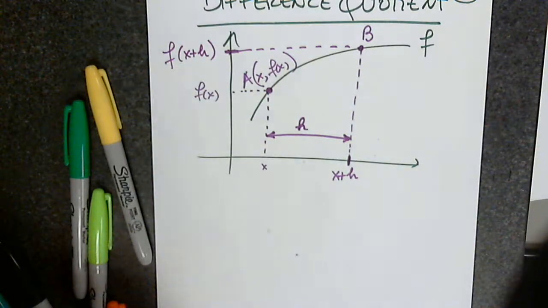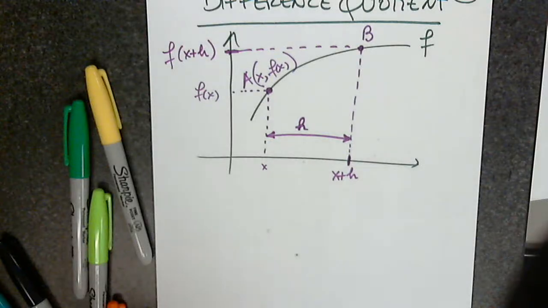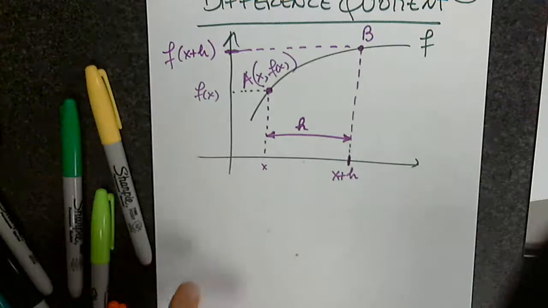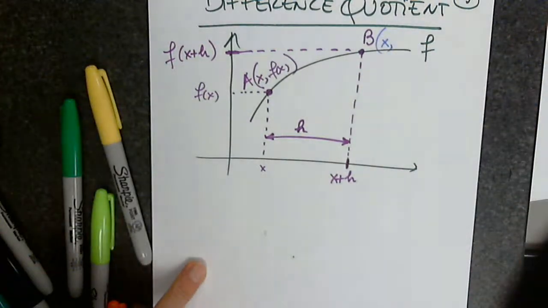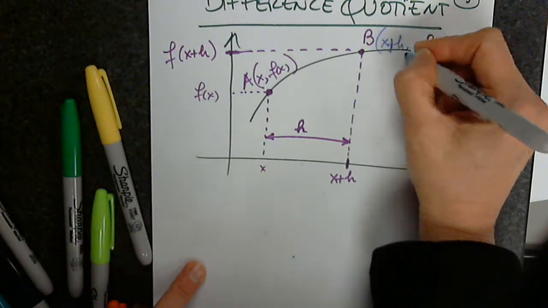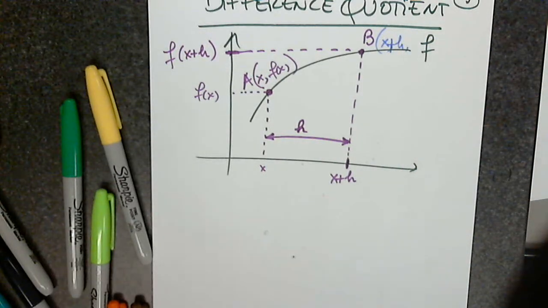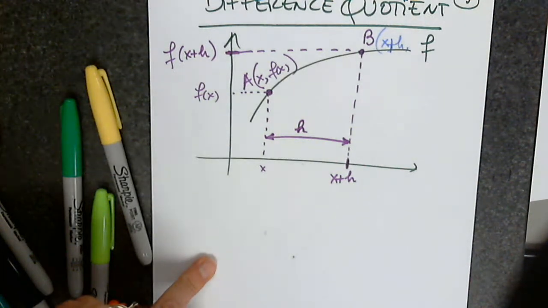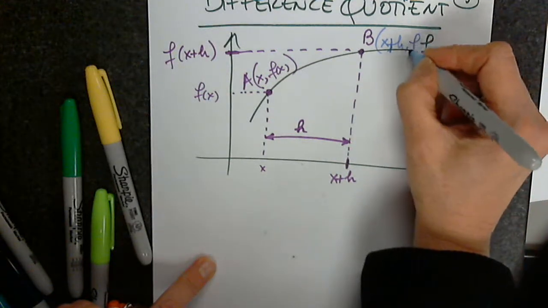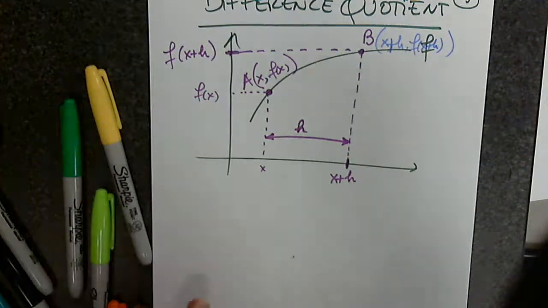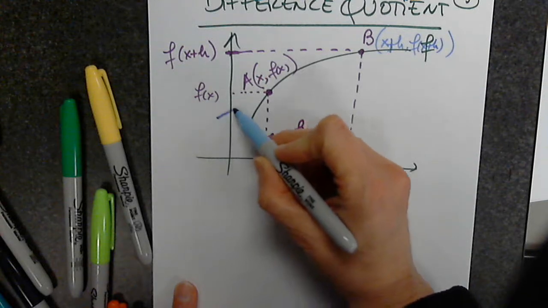Is this clear? So now can anyone, for reinforcement, give me the coordinates of B one more time? No, we start with x. Oh, of course. Forgive me. I'm daydreaming, sorry. My apologies. Okay, perfect. x plus h, comma, f of x plus h. Sorry about that. Good. So I have point A, I have point B, and now I would like you to give me